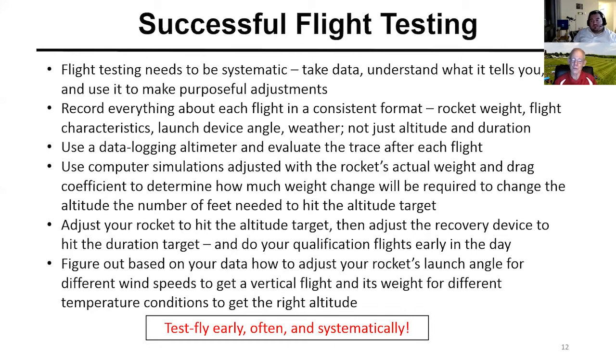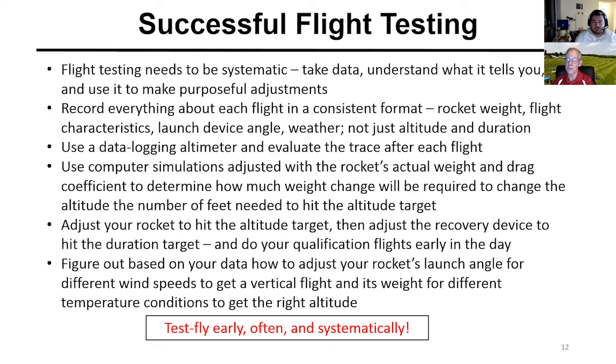If you're off altitude, then you're descending from some different altitude than your goal of 800 feet. So just the fact that you started from a different place means your duration is going to be off target. So you don't want to adjust two things simultaneously in methodical test flying. Adjust one thing at a time. Get a reasonable sized parachute so that you're not staying up for like 2 minutes or falling way too fast, but then tweak the rocket to get right on altitude, and then tweak the parachute as appropriate to get right on duration. Remember, fly early in the day so that you're not dealing with thermals.